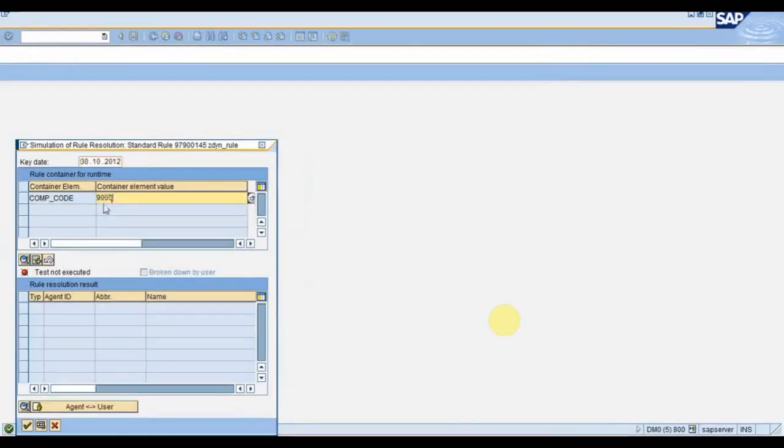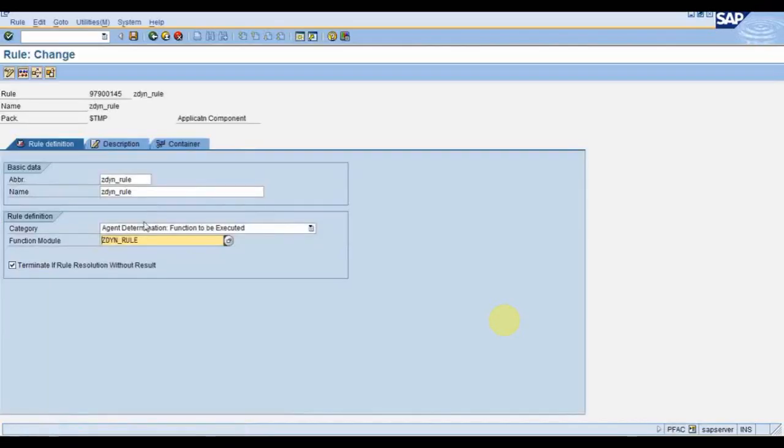Now suppose for company code 9000, let's see what it is returning. It is returning USLKDA. It means the function module is working correctly. Now for 9001, let's see what it's returning. 2 IDs. So it means the function module is working perfectly fine. So I have ensured that rule is working fine. Now copy this rule number